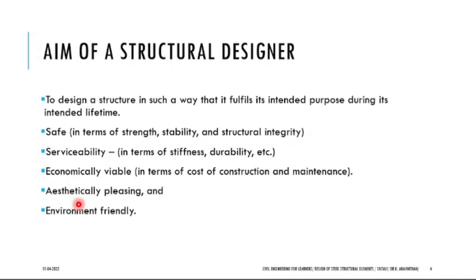And the next aspect is being aesthetically pleasing. Nowadays, they spend around one third of the cost for aesthetic purposes. It might be interior decoration. Whatever residential building is built, you have the interior facility, yes or no? Definitely, they will have false ceilings. They will have interior kitchens which are designed. The kitchen will be designed with wardrobes, and all the interior cost will be one third of the